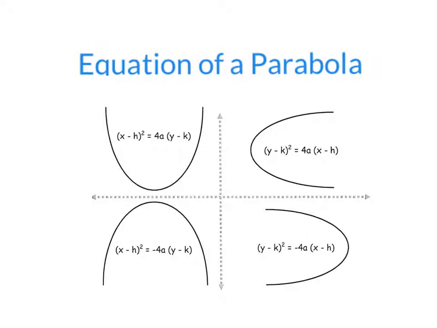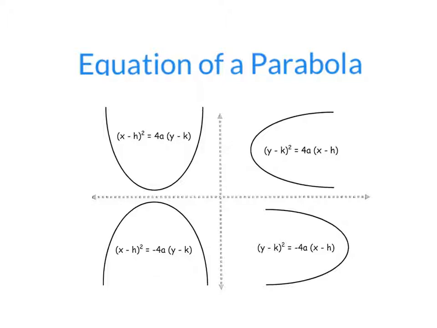Okay, so this video is on the equation of a parabola and how to derive the equation of a parabola given the focus, directrix, vertex, and a value. And then we're going to go backwards and see if we can find the focus, the directrix, and the a value given the equation. Alright, so the first few things I want to talk about is there are 4 versions